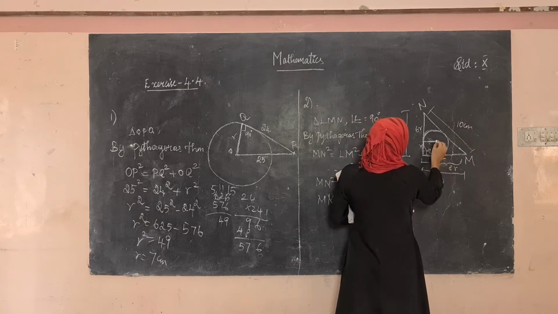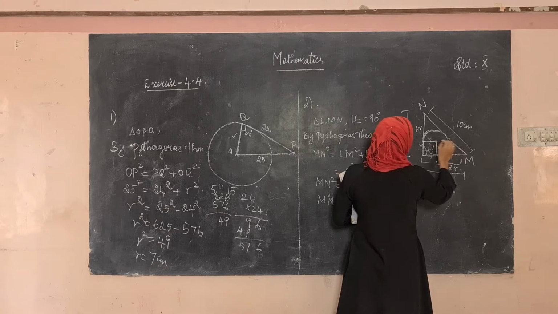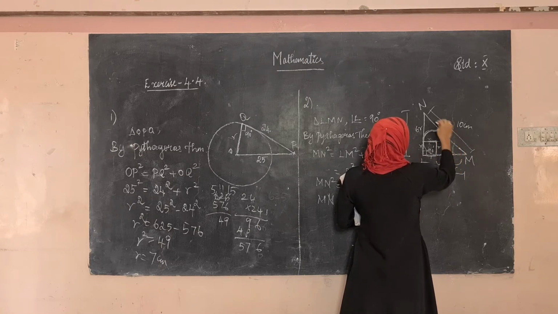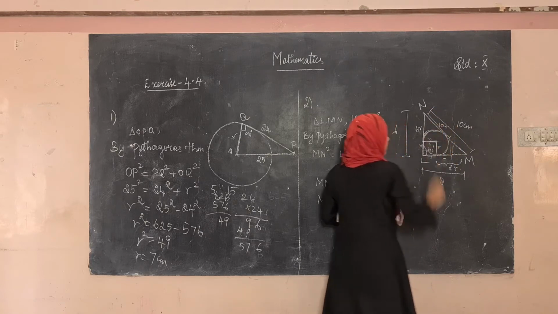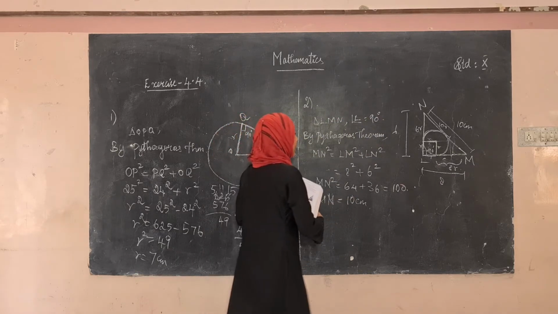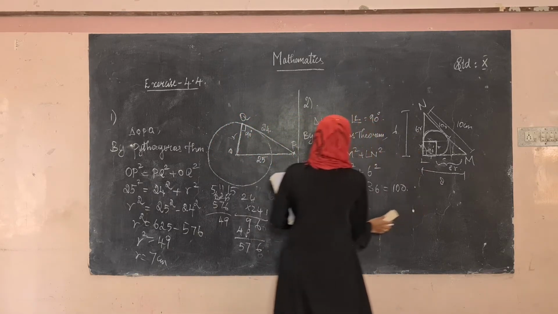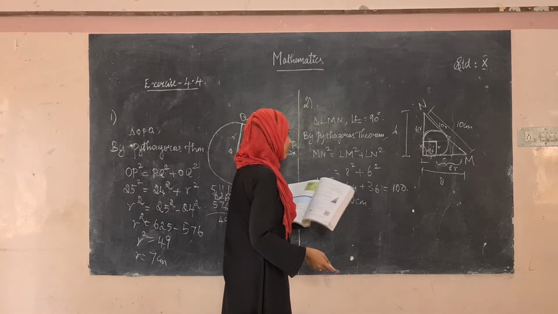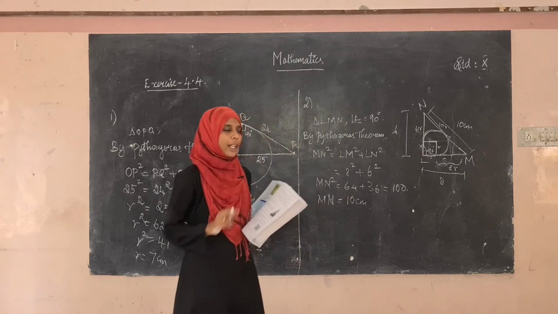Okay, see here. Similarly, if we take this as r, this will be r. So this length will be 10 into r. The whole length is 10 into r. The whole length is 6 into r. Okay, now we can proceed. So we have to find the value of our radius.